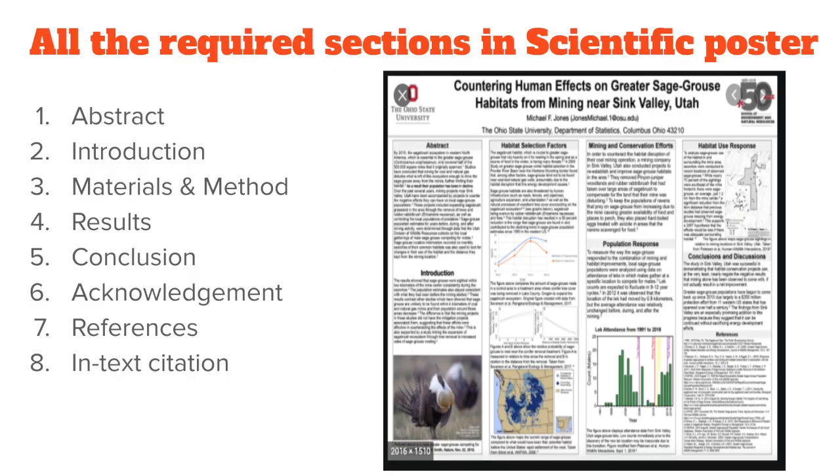Those are some general knowledge that I give everyone about scientific posters. Other required sections in scientific posters are, such as, abstract. Abstract is a summary of your research paper. Introduction is background knowledge about your poster. Materials and methods are broken into sections, but you can put them together, though they are different things. Materials is all the equipment that you use to make your scientific poster successful, and methods are the procedures that